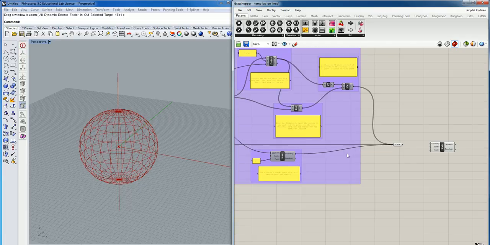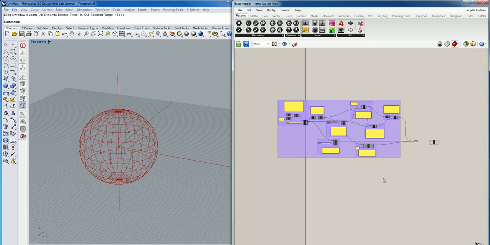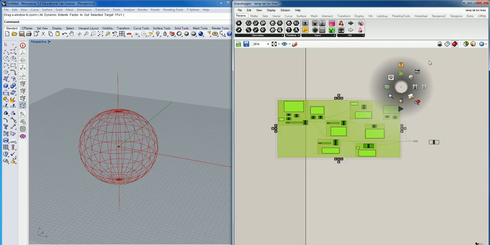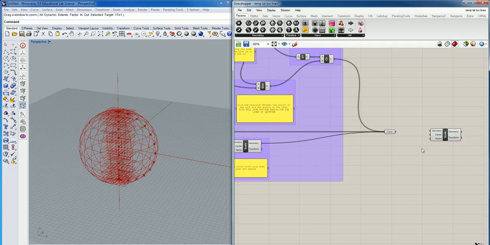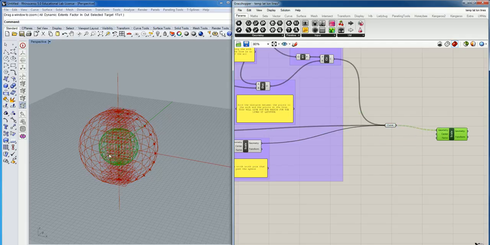So I'm going to turn this stuff back on because I want to show you guys something. So I'm going to turn the visibility back on. Okay, so there's everything in that definition, all turned on. Big mess, right? Now watch what happens when I take this, which is a copy of everything, and I feed it into scale. Right? See how small it got? Now if I put a number slider on here, going from